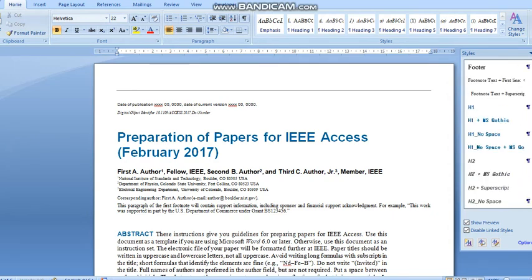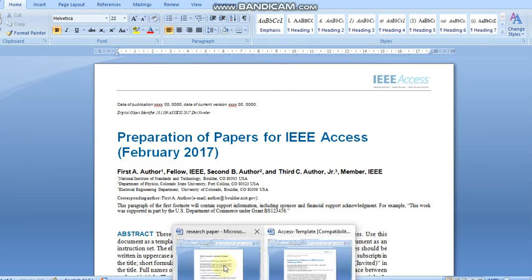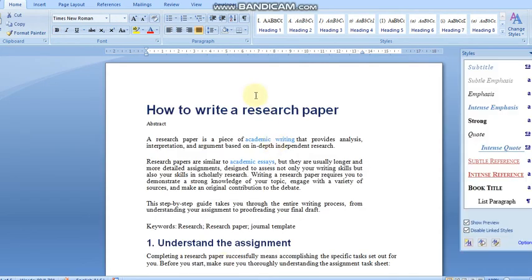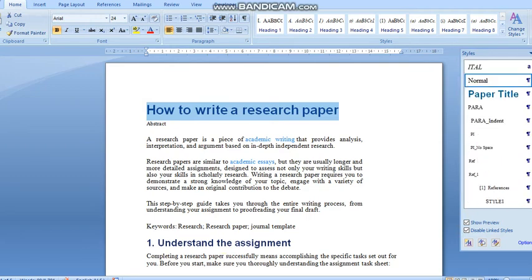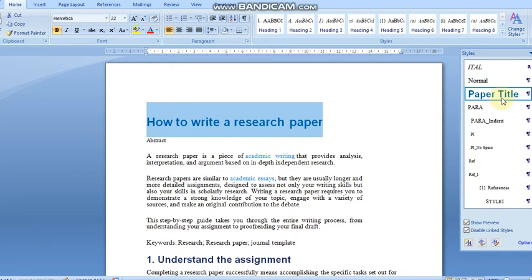I have clicked the topic, that is the article title, and I am checking which font is applied to that. Here they have applied the paper title font, so I move to the research paper and search for the paper title. Here it is, so we just have to apply the paper title style. Now you can see it is changed automatically. Before it had some other color, now it has changed automatically.